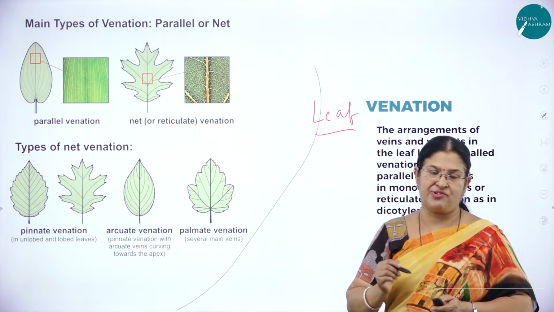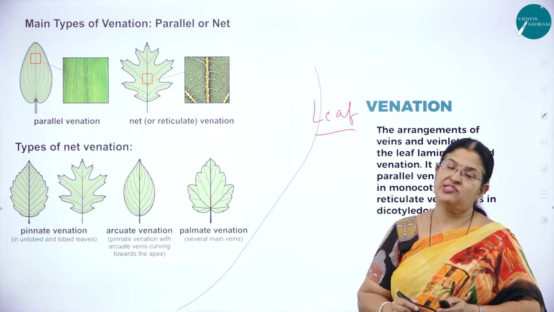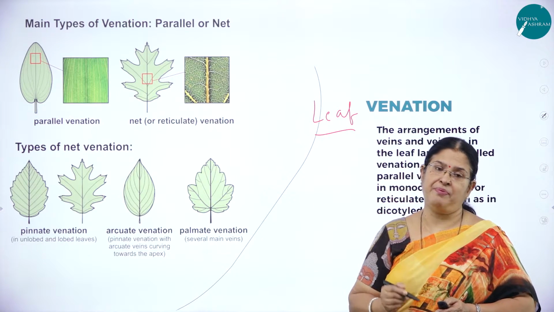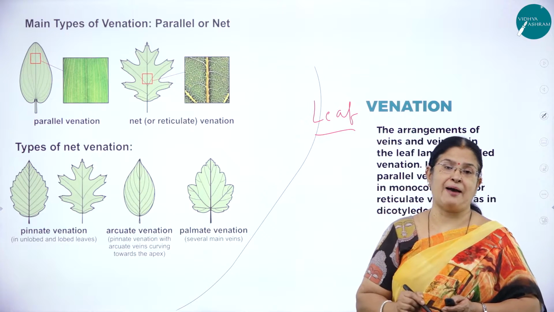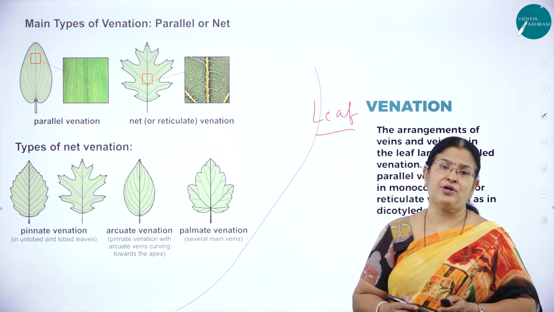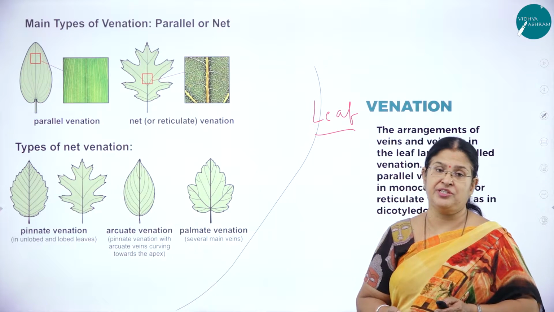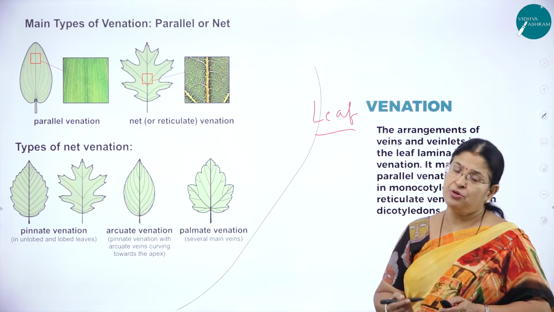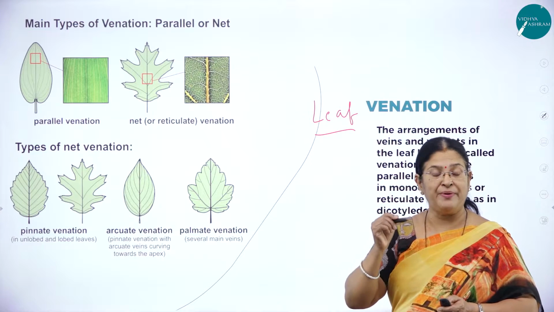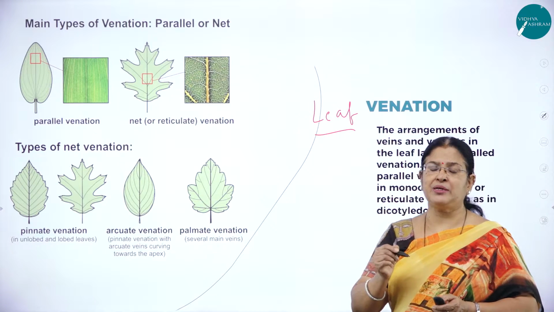Leaf is an appendicular structure and it is a flattened structure which is usually present on the stem and branches. All of us know how important this leaf is for a plant. As we know, they are the photosynthetic apparatus of a plant body. And we also know that other than carrying on the process of photosynthesis, it also helps in respiration, transpiration, and also in vegetative propagation. For example, if you have come across Bryophyllum, the leaf margin bears the leaf buds which will help in vegetative propagation.